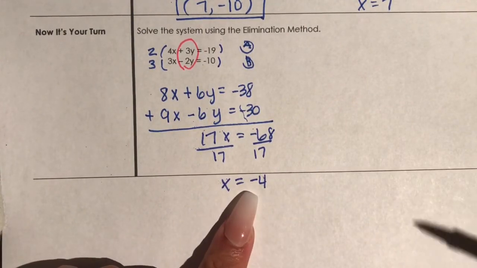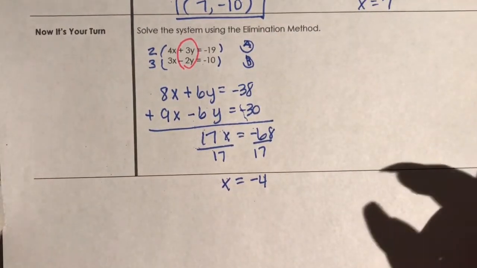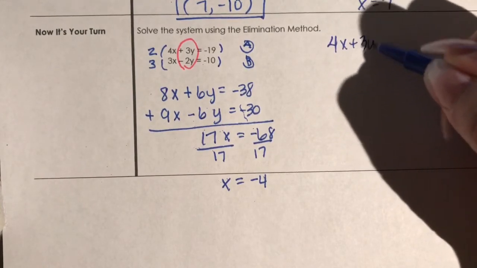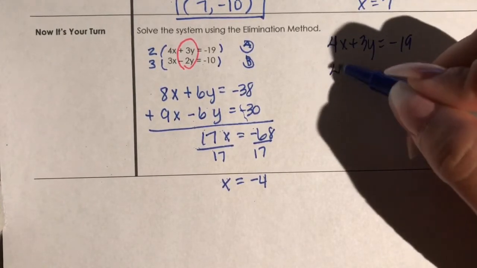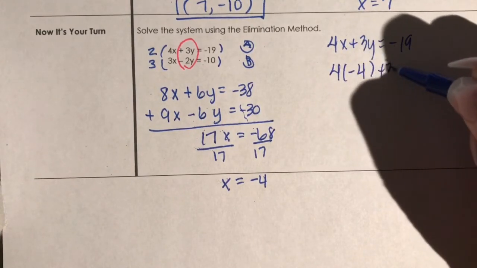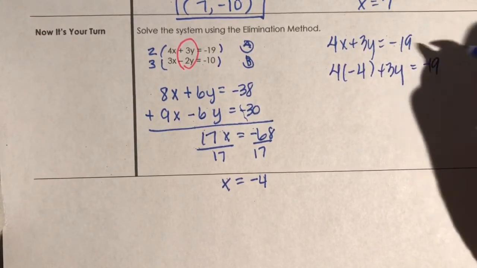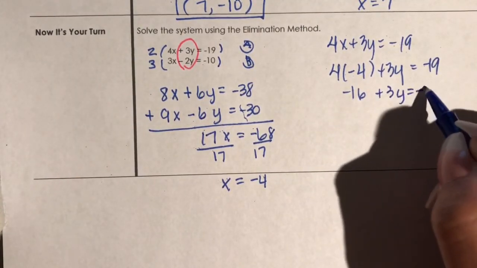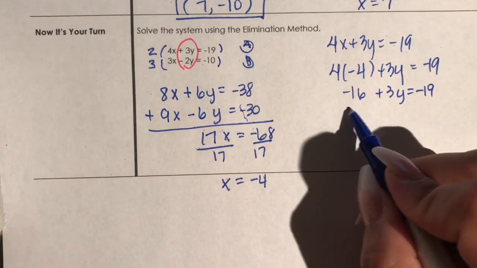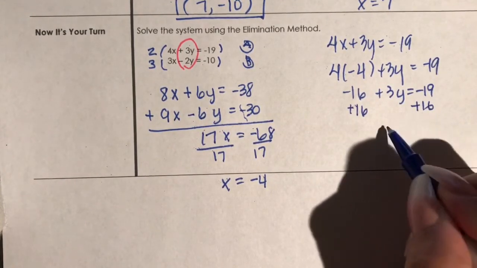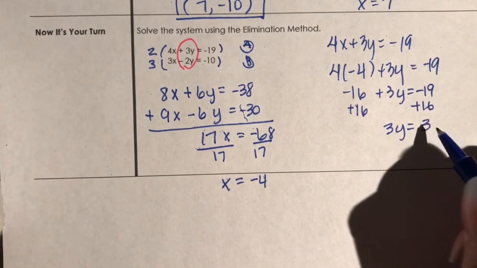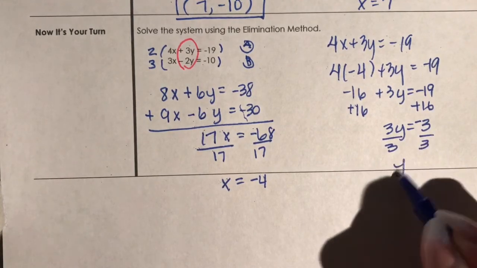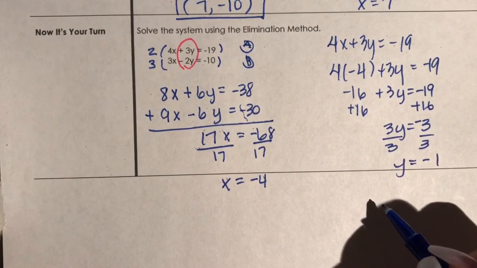Substitute this negative 4 into equation A. It does not matter. So the original equation A, 4x plus 3y equals negative 19. 4 times negative 4 plus 3y equals negative 19. I get negative 16 plus 3y equals negative 19. Add 16 to both sides. 3y equals negative 3, excuse me. Divide both sides by 3. Y equals negative 1. My solution is going to be